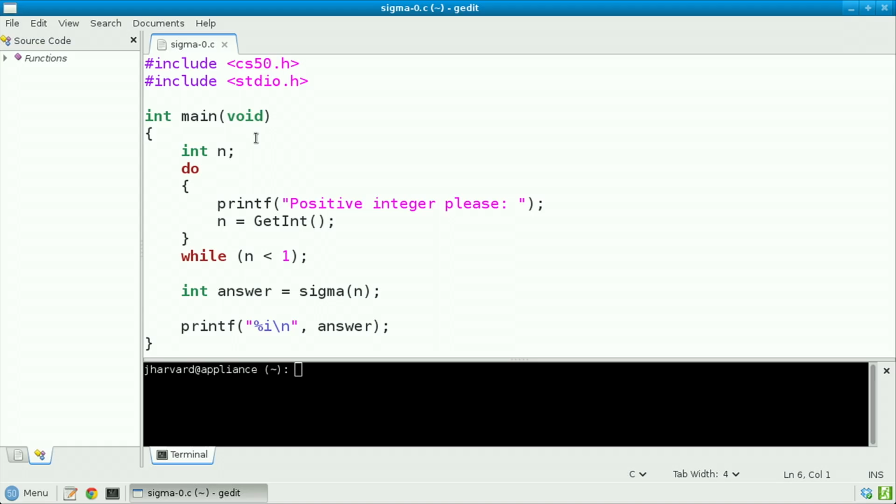Let's write a program that prompts the user for a positive integer, n, and then prints out the sum of all of the numbers between 1 and n. Well, here we have main, which I've already written in advance, and notice here at the top of main, I